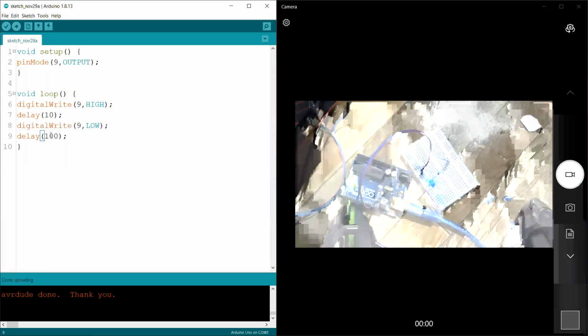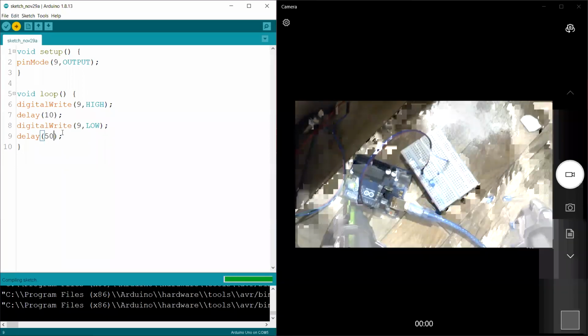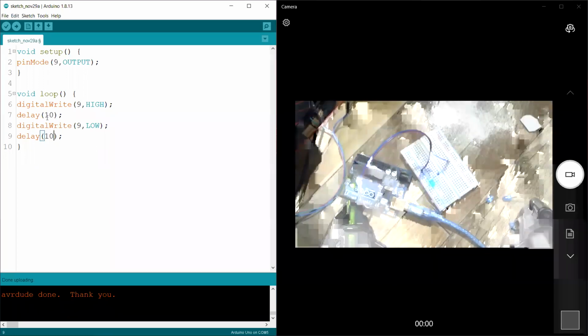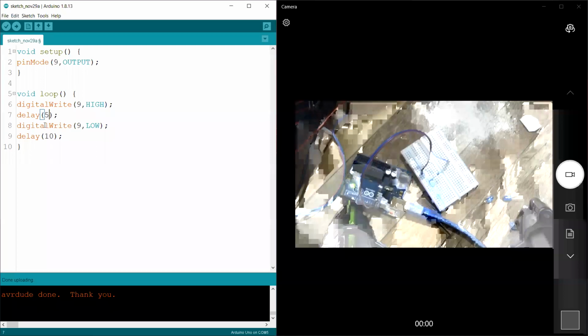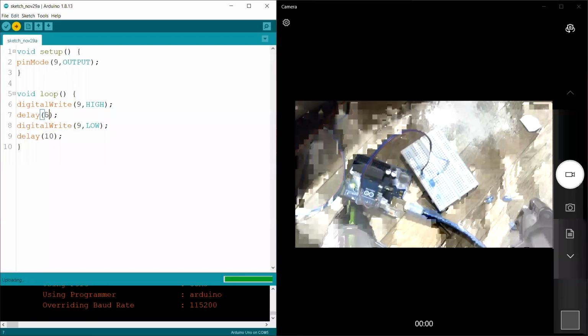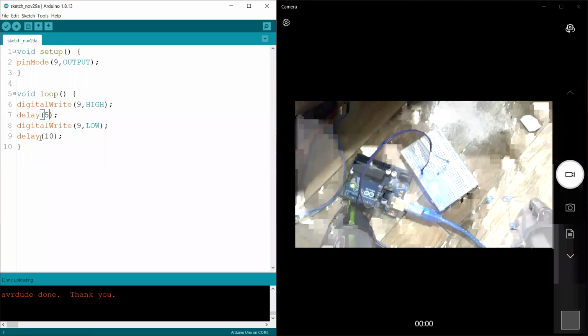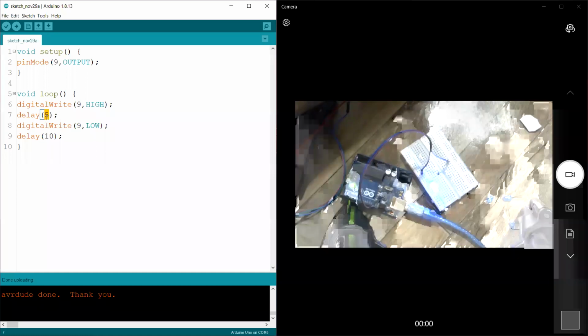Now we can adjust this time, and there is a point that we cannot see it's blinking. Still we can see. Let's reduce this. I cannot go beyond this. Maybe you can see that the brightness has dropped a little bit, but if we look really closely, we can observe it's blinking, right?